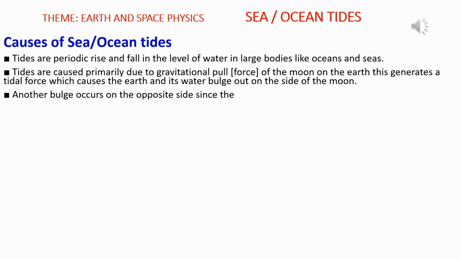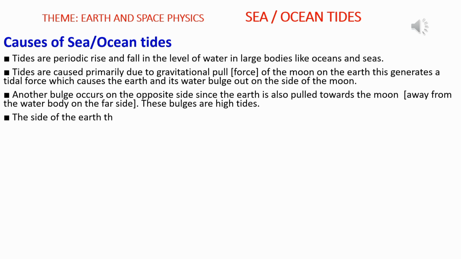The sides of the Earth that are not facing the moon experience low tides. High tides and low tides are the regular rise and fall of the ocean water levels, primarily caused by the gravitational pull of the moon and, to a lesser extent, the sun, on the earth's oceans, resulting in bulges of water on opposite sides of the planet. So we get to realize that the earth experiences two